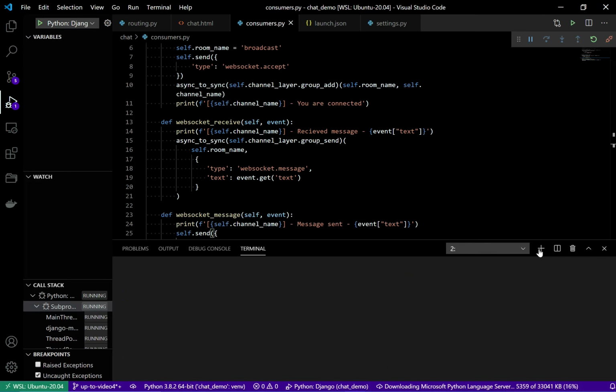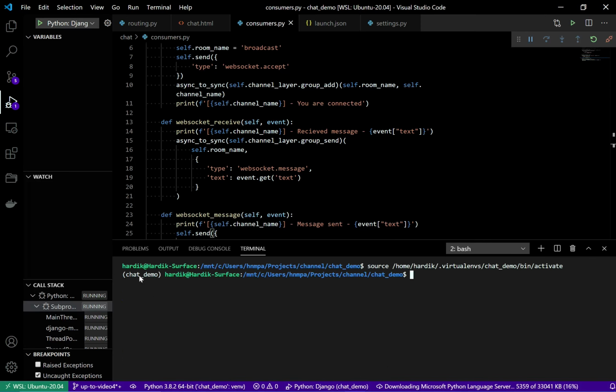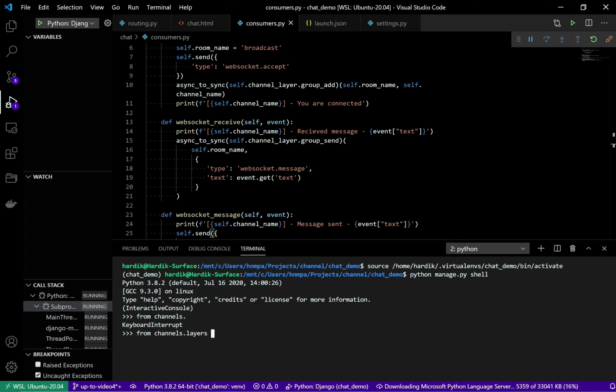I'm just opening a new terminal here where I have activated the virtual environment, and I'm running python main.py shell. So I'm starting a shell where you need to import from channels.layers import get_channel_layer.